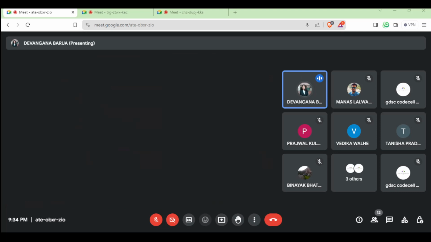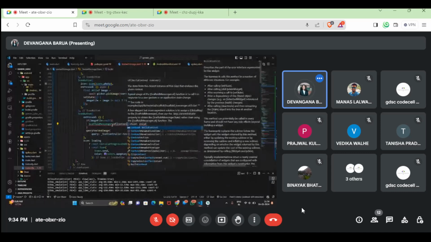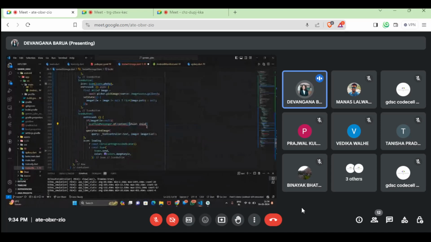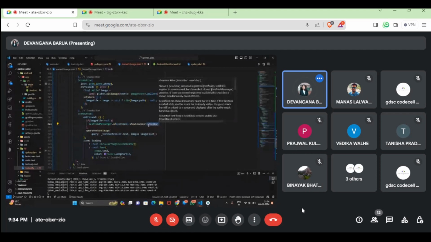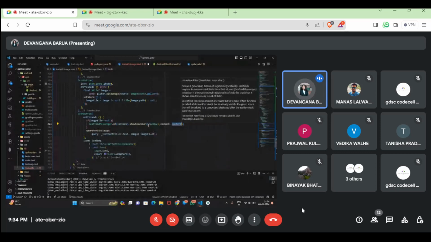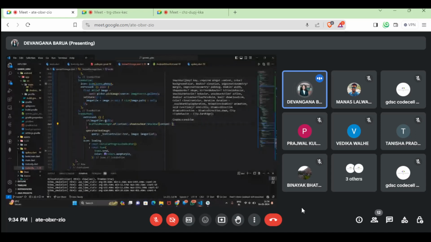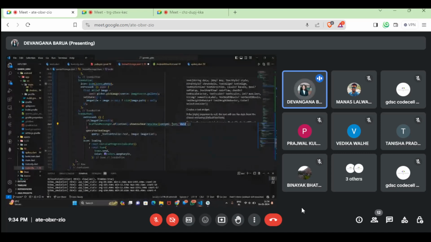Scaffold messenger dot of context. You need a context to show me a bar, a snack bar. So let's show snack bar. In that snack bar, the content would be if I have not selected the image file. Okay, so if there is no image file, then it'll return a text. Okay, please select an image,